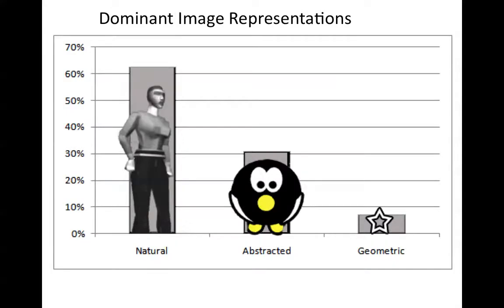We also studied fairly comprehensively the kinds of images that are used within a game. So, for example, when we talk about images in the art world, we differentiate between natural forms, abstracted forms, and geometric forms. This graph demonstrates the number of natural forms, just over 60%, abstracted forms at 30%, and geometric forms at just under 10%. Natural forms tend to look like what we see in nature. Abstracted forms are suggestive forms that have some of the elements of a natural form, but tend to be closer in inclination to a geometric form, and then geometric forms are straight geometries.